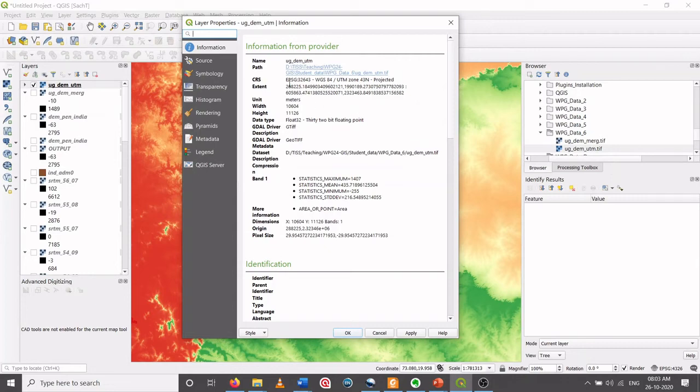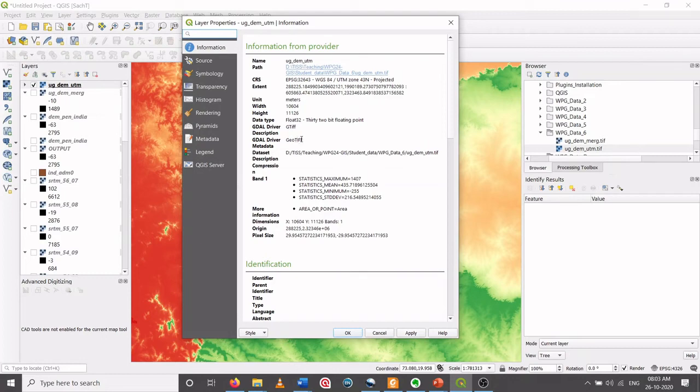The CRS it follows is EPSG 32643, that is UTM zone 43N, and this is the extent. We have learned about the extent. This represents the extent of this image covering the geographical surface of the Earth. The unit is meter, and this file type is GTIFF, or GeoTIFF.